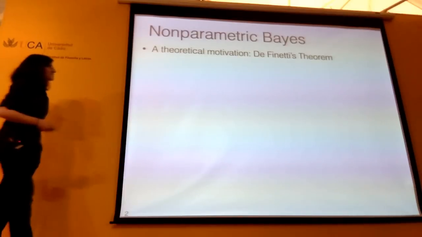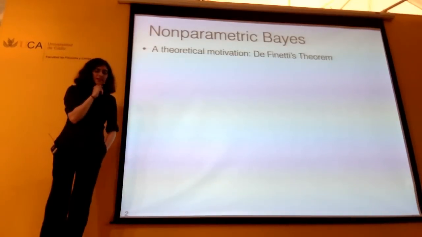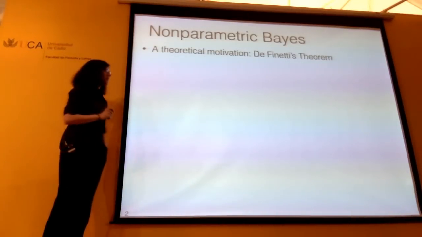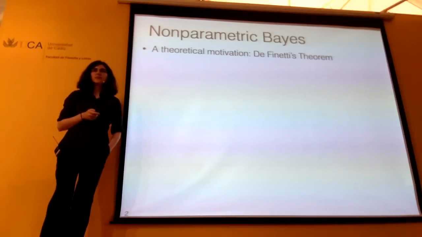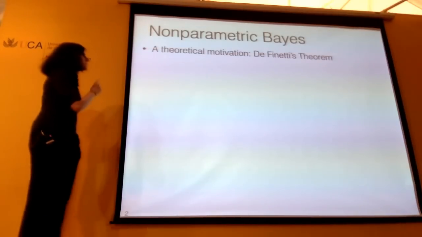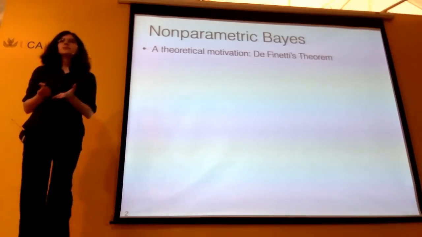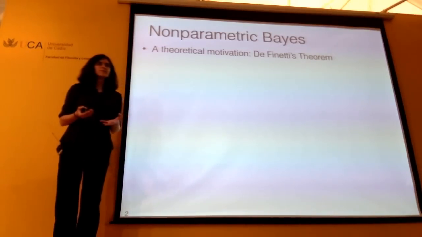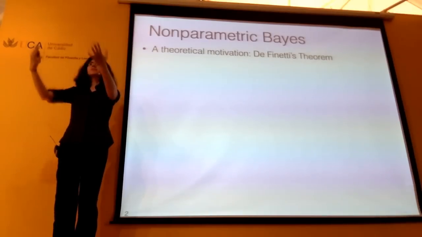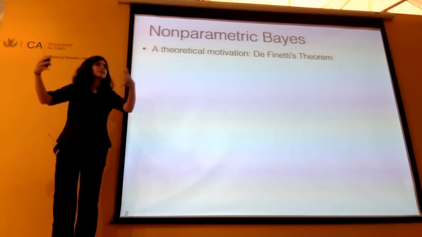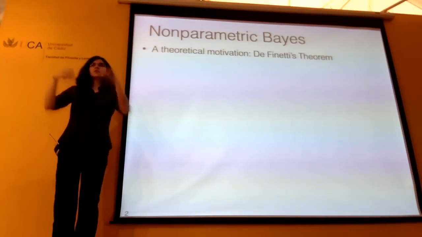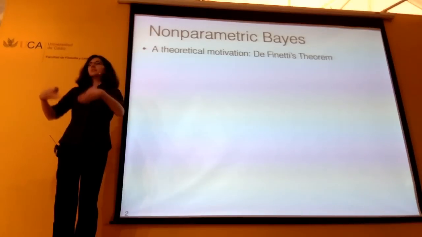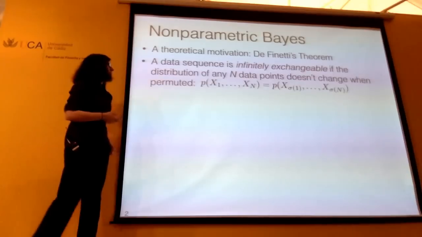Okay, so here's another set of motivations for Bayesian nonparametrics, again, somewhat more theoretical. Imagine that I have some sequence of data. These might be things like documents in a corpus. So maybe I have my first document that I scraped from Wikipedia, my second document that I scraped from Wikipedia, and so on. Let's call that X1, X2, X3: document 1, document 2, document 3.